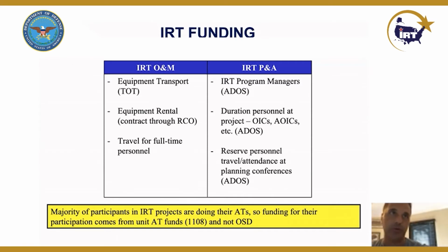I'm assuming you have some familiarity with the T3 tool, but it all starts with the T3 request. And then there's a certain funding code on that request that then triggers other actions. I'm not going to go into a terrible amount of detail there, though, because when we kick off the FY21 projects, we will have exercise directives for each of the projects that goes literally into the step-by-step process of what you need to do in order